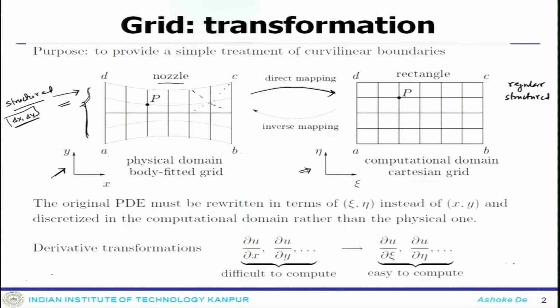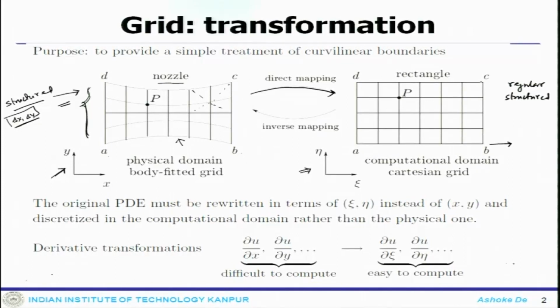The important thing is that this line AB, this curved plane, has now been mapped to a regular rectangular plane. Similarly, DC has also moved to a regular